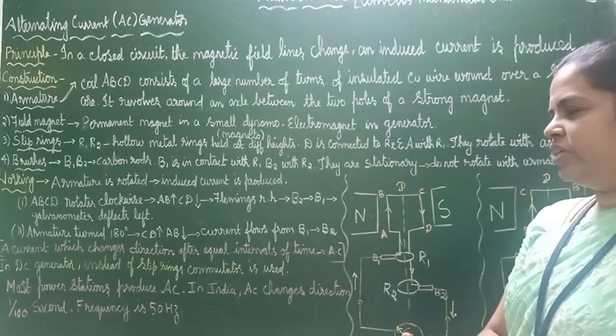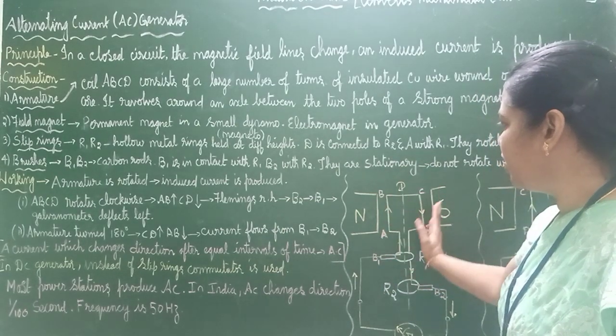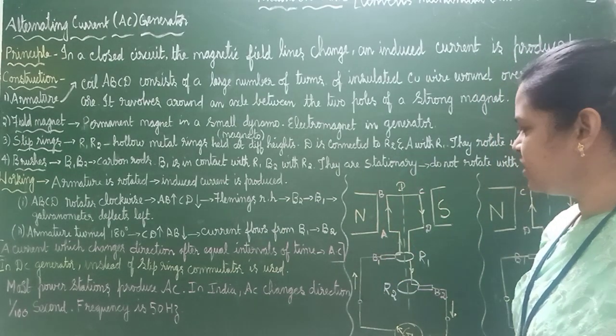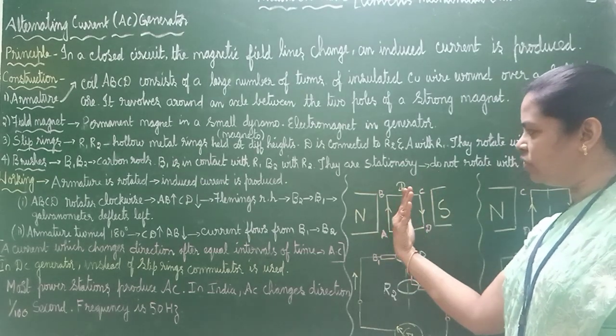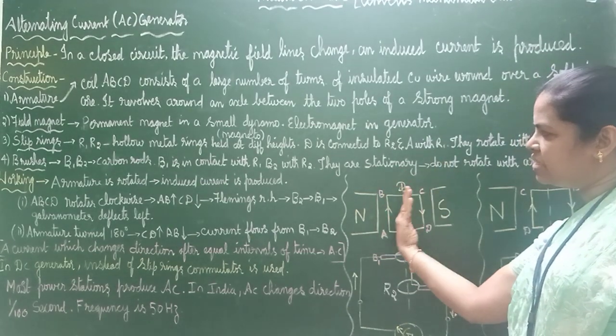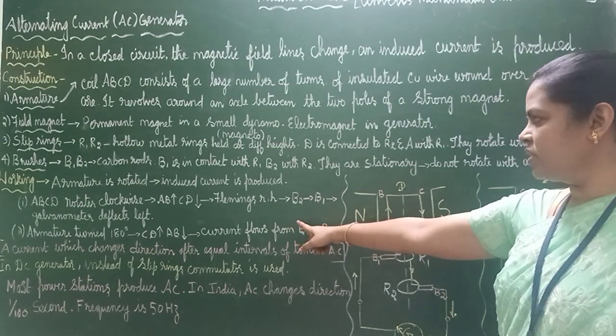Now only 2 points. A, B, C, D rotates in clockwise direction. When it is rotating in clockwise direction, A, B will go up and C, D will go down. When Fleming's right hand rule works there,